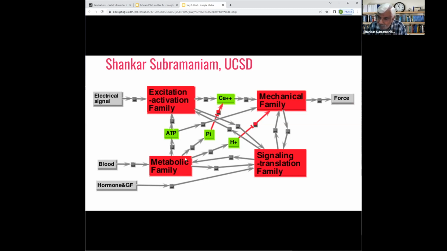So the metabolic family is crucial in both maintaining the mechanical force transduction and giving energy for signaling for the chromatin to produce gene expression, to alter gene expression, to change muscle fiber. So metabolism provides the essential energy levels, and the signaling and translation family, I told you, essentially dynamically remodels the